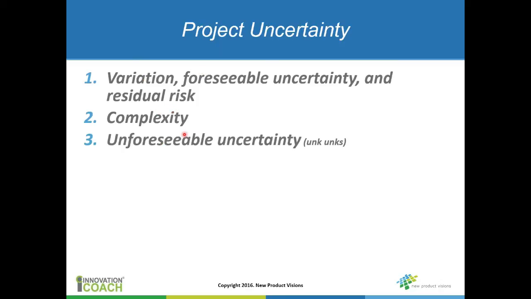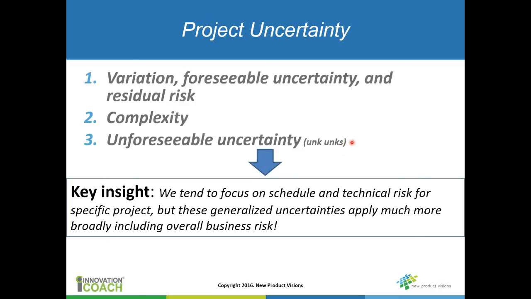Secondly, I want to talk about complexity. And third is what we call unforeseeable uncertainty, or UNKs, unknown unknowns. You don't know what you don't know. A key insight here is that, in my experience, when we talk about risk, we tend to focus on the schedule and the technical risk for a specific project. But these three categories of uncertainty we're going to talk about can be applied at a much higher level,